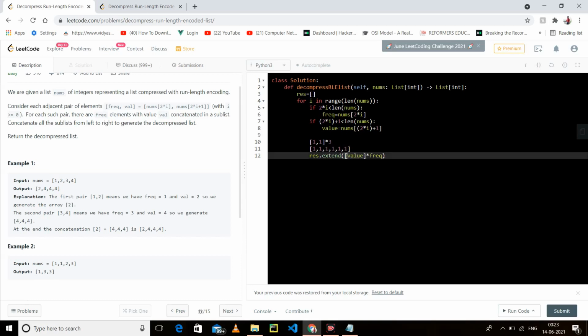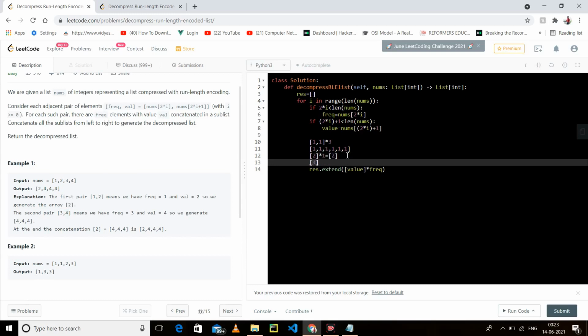First I change it into a list, then let's assume I have 2, because here our value is 2 and frequency is 1. So 2 multiplied by 1 becomes 2. But in this case our value is 4, and if we multiply it by 3, it becomes 4, 4, 4. That's why I first changed it into a list, then multiplied by the frequency.